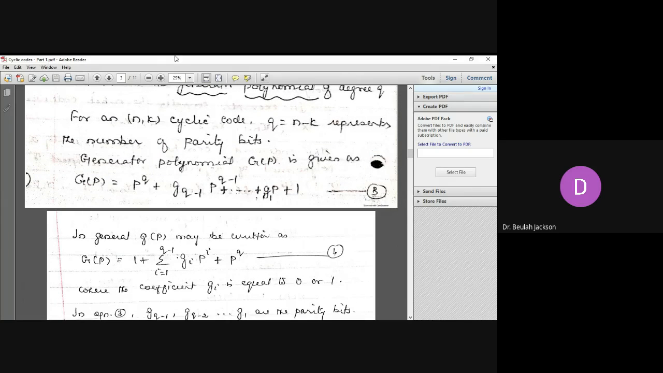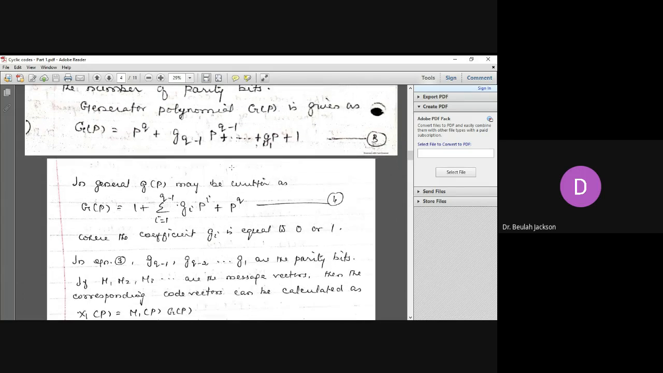So the generator polynomial G(P) is given as G(P) = P^Q + G_(Q-1) P^(Q-1) + and so on up to G1 P + 1. In general, this G(P) may be written as